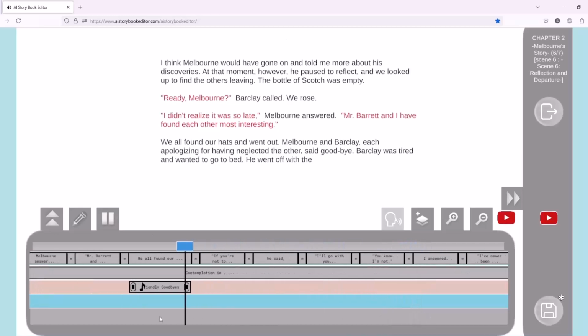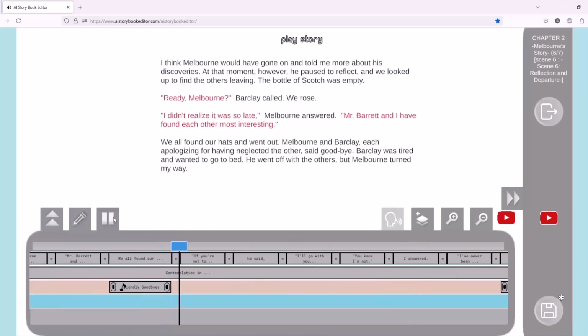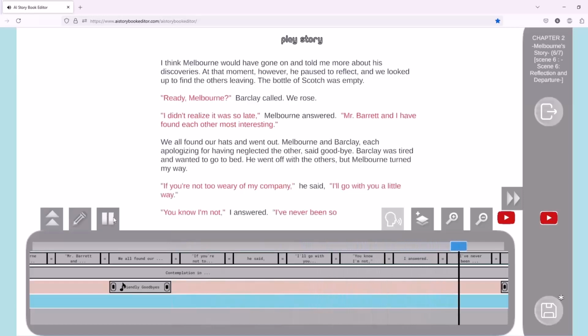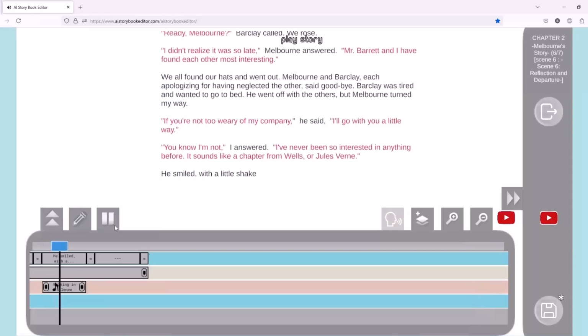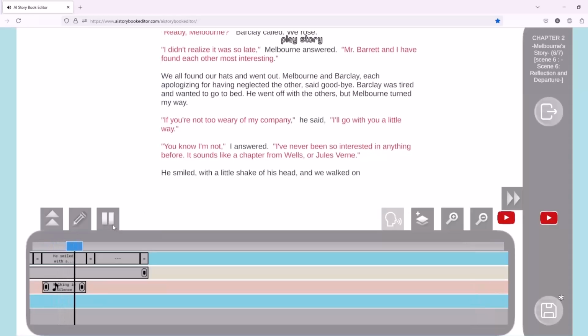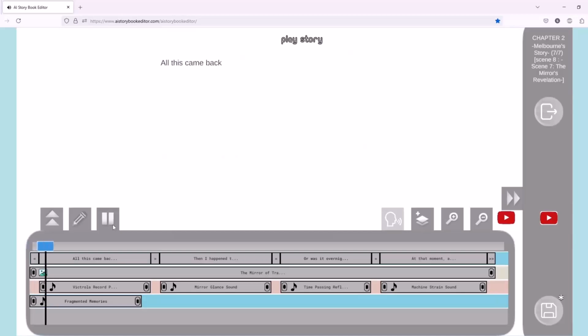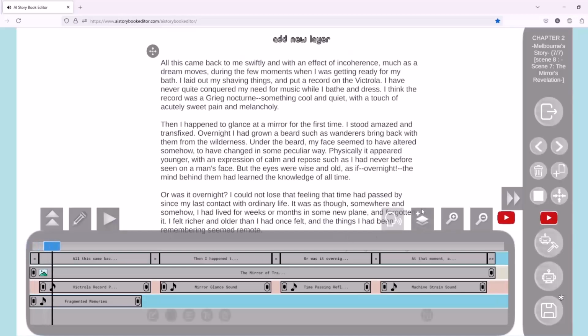He went off with the others, but Melbourne turned my way. If you're not too weary of my company, he said, I'll go with you a little way. You know I'm not. I answered. I've never been so interested in anything before. It sounds like a chapter from Wells or Jules Verne. He smiled, with a little shake of his head, and we walked on for a while in silence toward the lake. All this came back to me swiftly, and